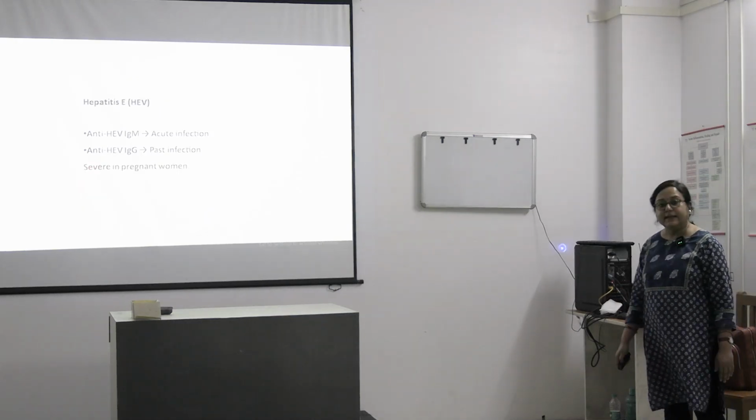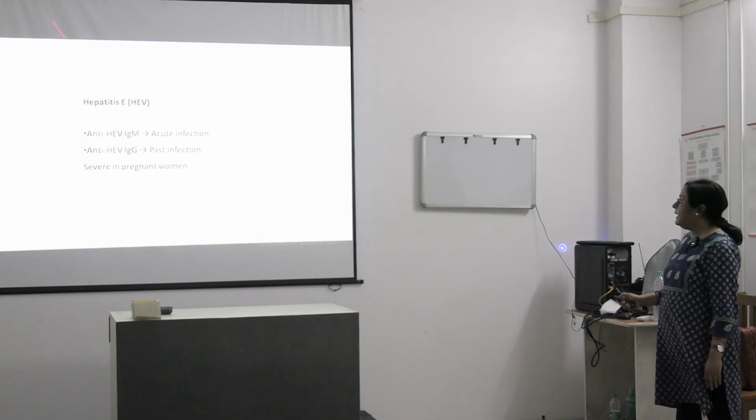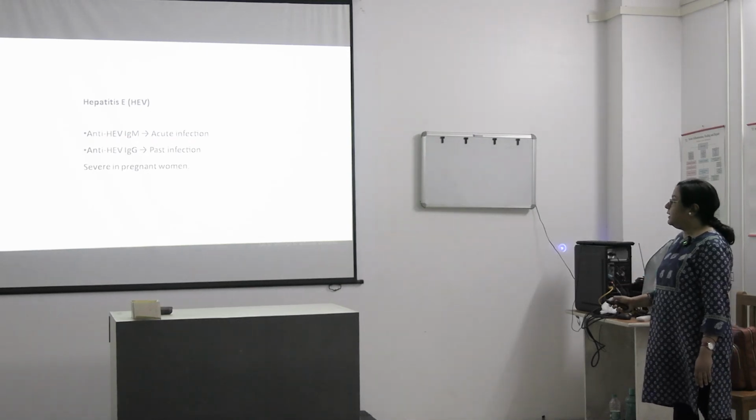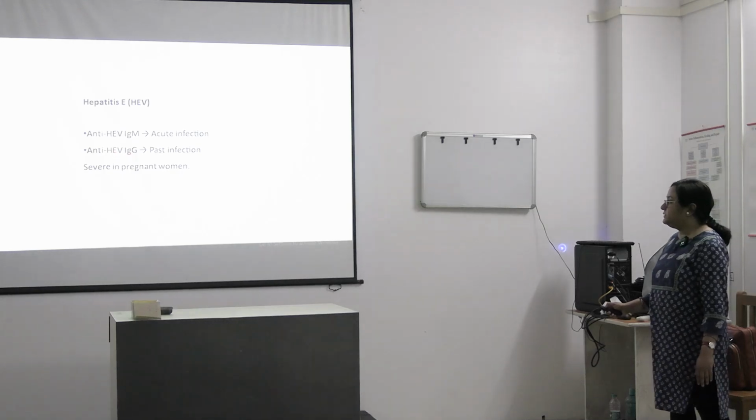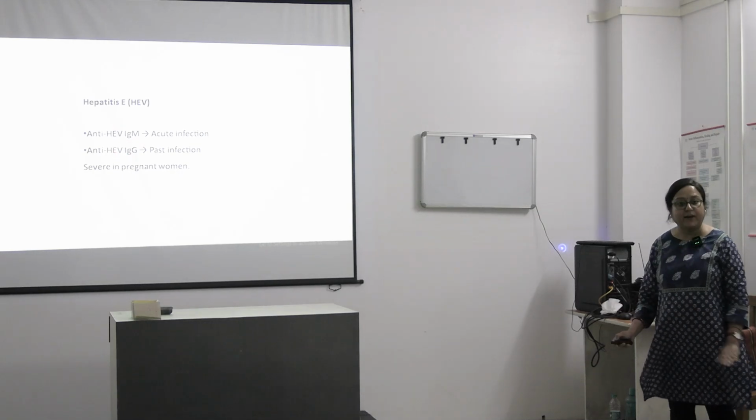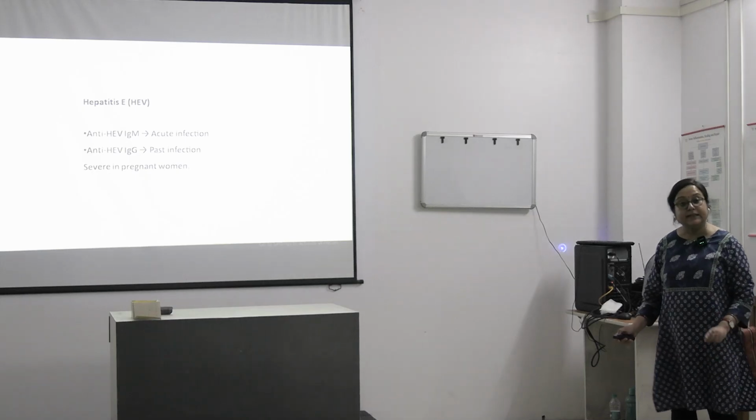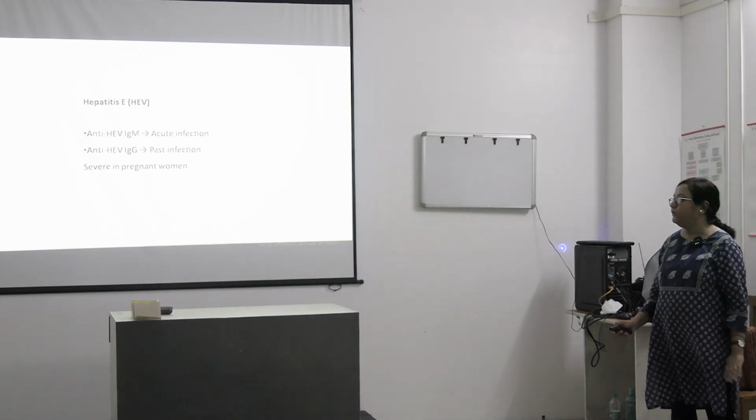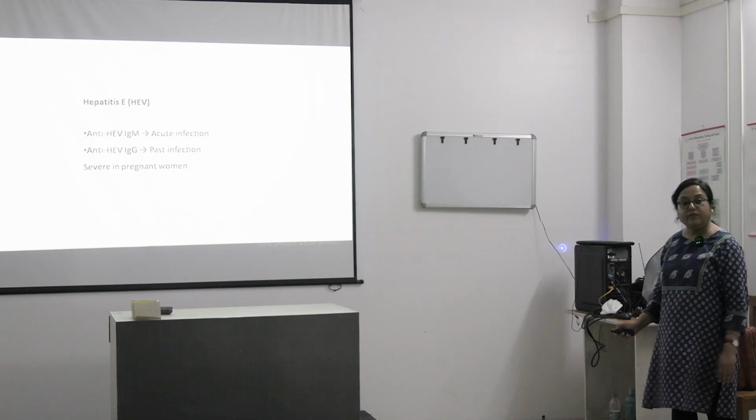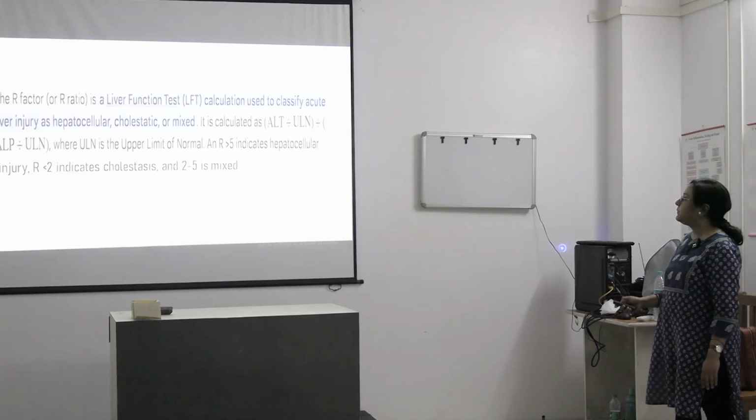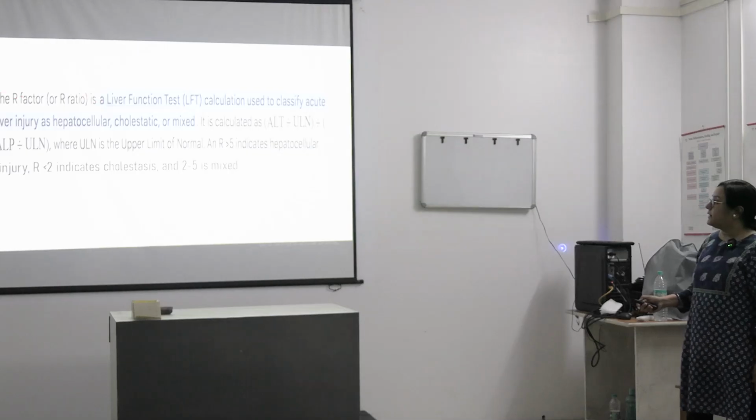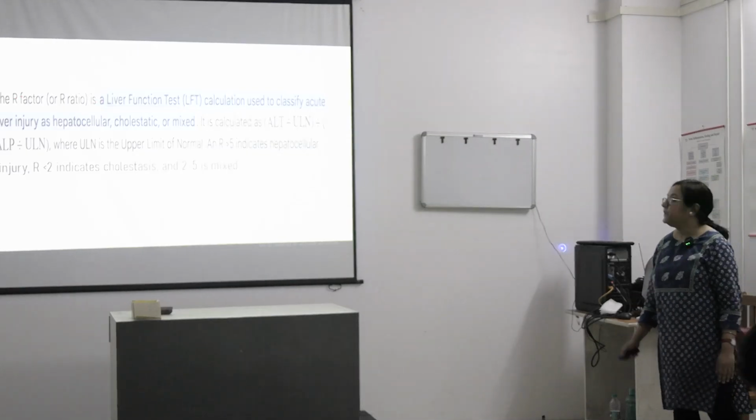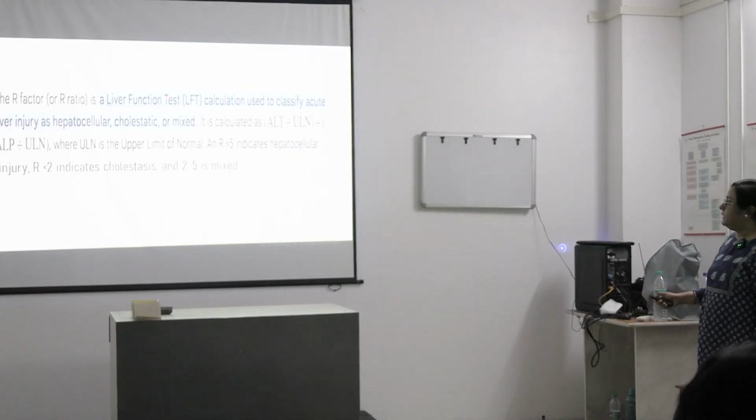For hepatitis E virus, the anti-HEV IgM represents acute infection, anti-HEV IgG, so IgM is always acute or recent, and IgG represents past infection, and it is severe in pregnant women. So now this one, R factor or R ratio, it is an LFT, a liver